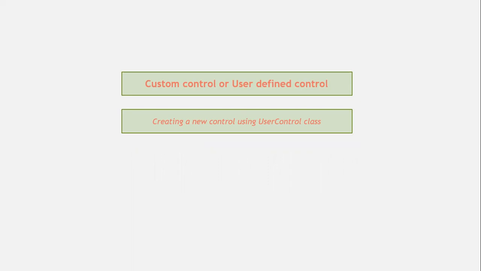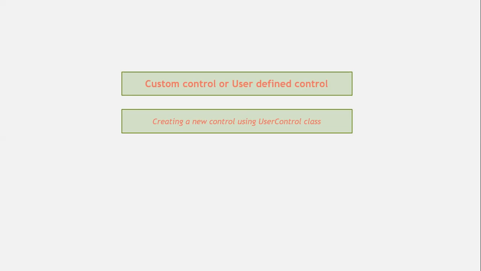So up to now we all have used the built-in controls that are available in the toolbox of Visual Studio, but we also have an option to create our own controls and to use them just like the built-in controls. I already told you about controls that are not available in the toolbox but can be imported into the toolbox, and we call them extrinsic controls.